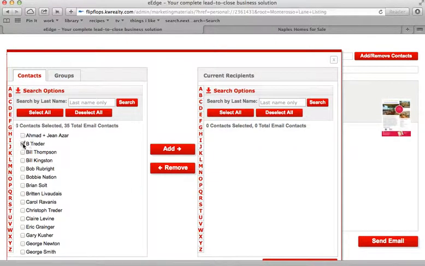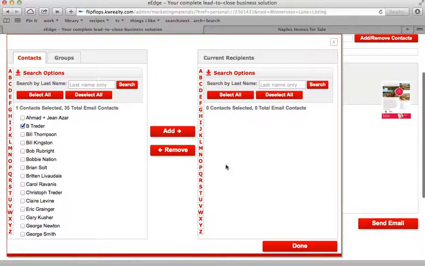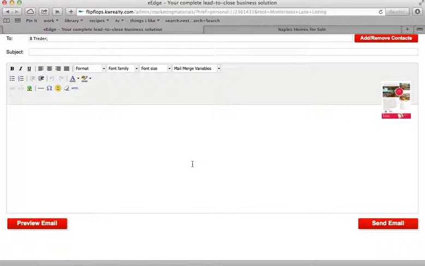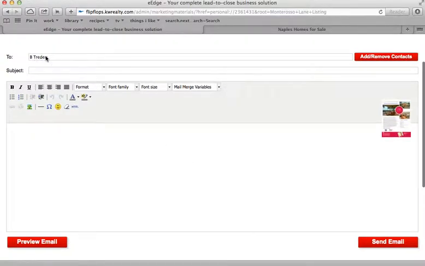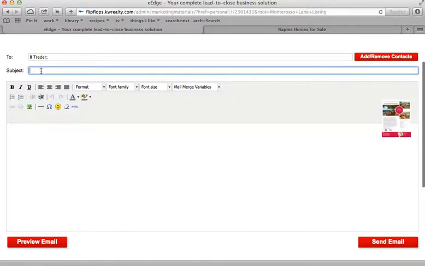So once I have it, I'm just going to send it to myself just to preview it. And I do recommend sending things to yourself just to see what happens when you do it. So I would put yourself in as a contact and do that. Once I have that, I'm going to click Add. So you can see I'm here. And we're going to do Done. As you can see up here, it's added myself to this to line. Now I'm going to put a subject like